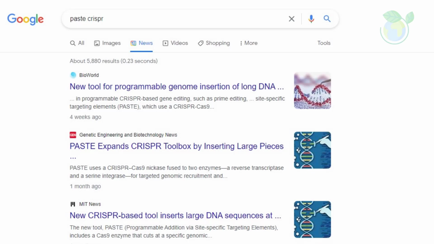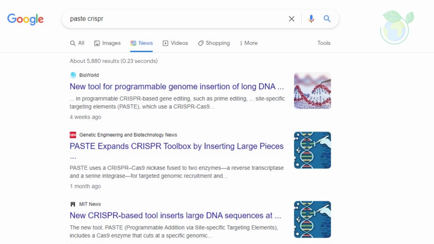Building on the CRISPR gene editing system, MIT researchers have designed a new tool that can sniff out faulty genes and replace them with new ones, in a safer and more efficient way. Using this system, the researchers showed that they could deliver genes as long as 36,000 DNA base pairs to several types of human cells, as well as to liver cells in mice.